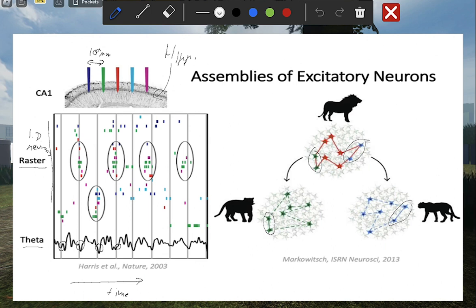But the problem is that there are a few problems. One is that subthreshold activity of all the neurons is somewhat important. Subthreshold meaning the activity that doesn't cause it to send an action potential or a spike. Another is that there are other cells in the brain, and another is that